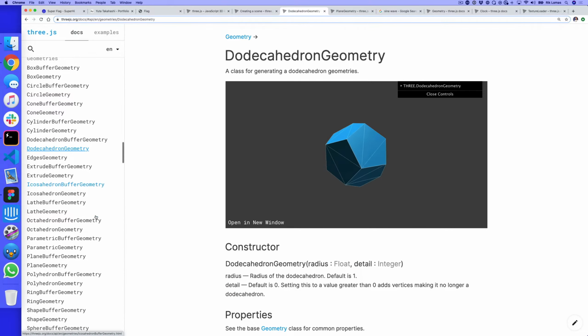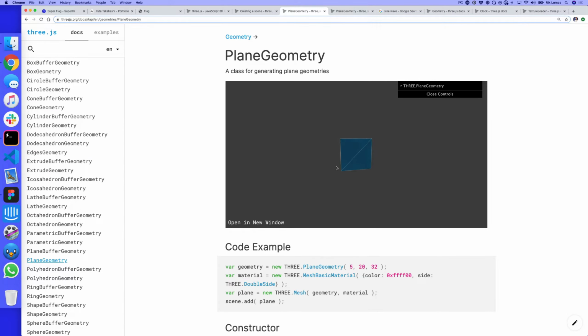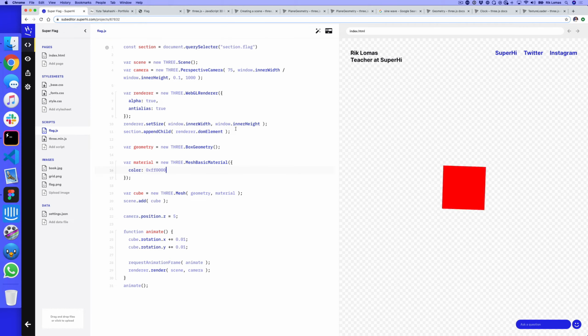The one that I'm actually going to use is called a plane geometry. So there we can see this is kind of like a flat panel. So instead of it being a box geometry, I'm going to change this to be a plane geometry. So now we have this panel that's spinning around in thin air, which is fine, but